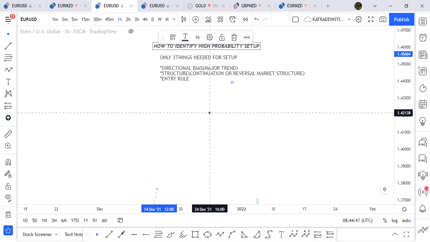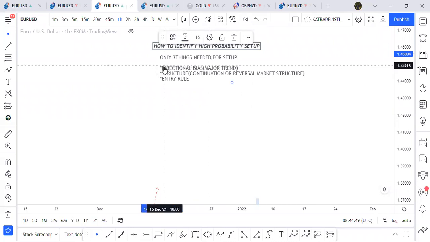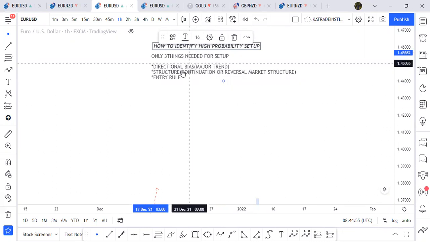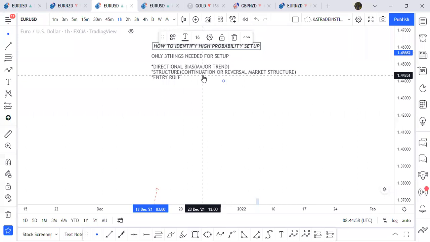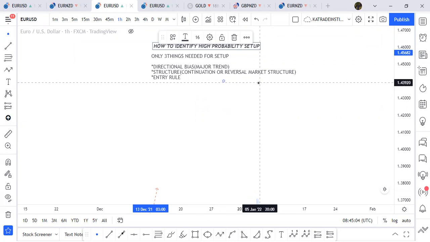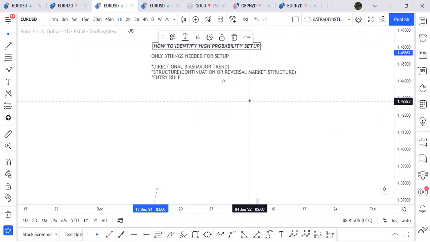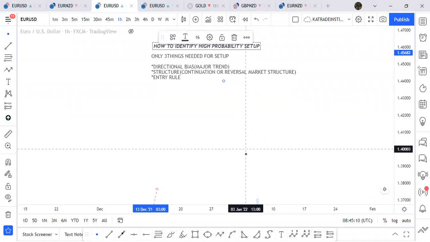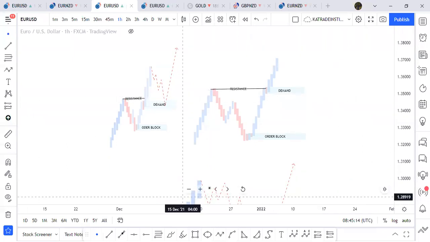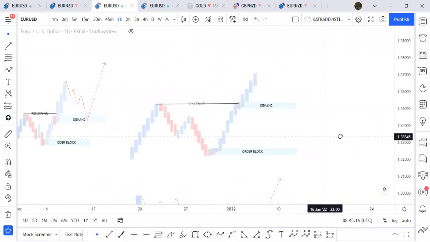What I was saying is that in trading, you only need three things for your setup, and that's the directional bias, which is the major trend, and then your structure, which is either a continuation or reversal market structure, and again the entry rule, as you all know already. So we are not going to waste time. If you look here, the other day,